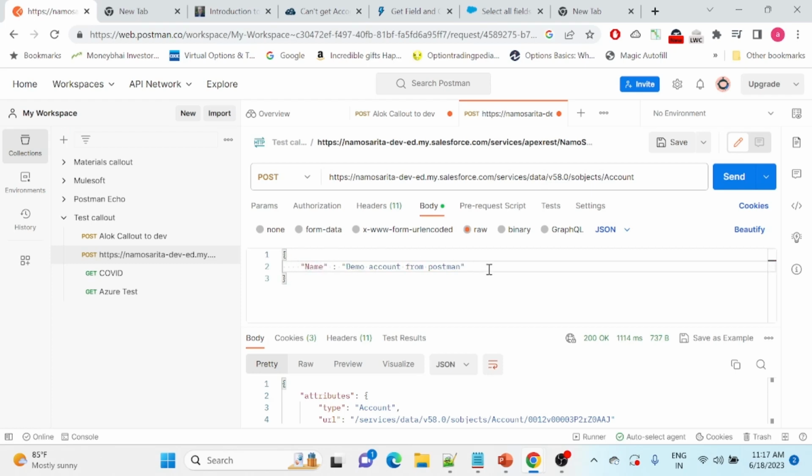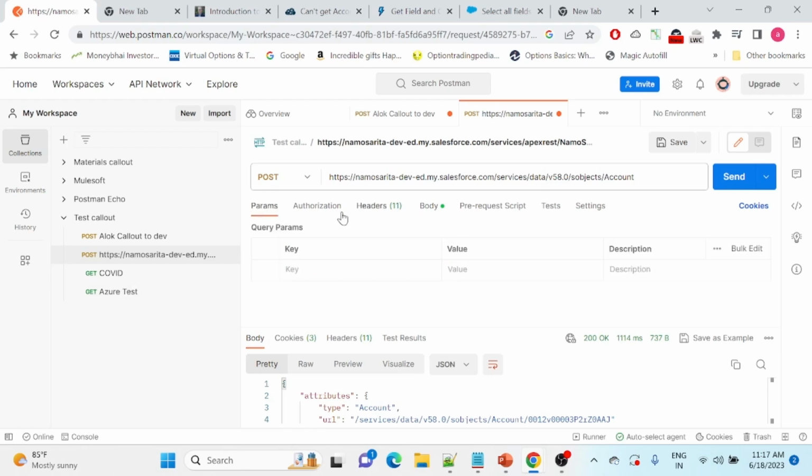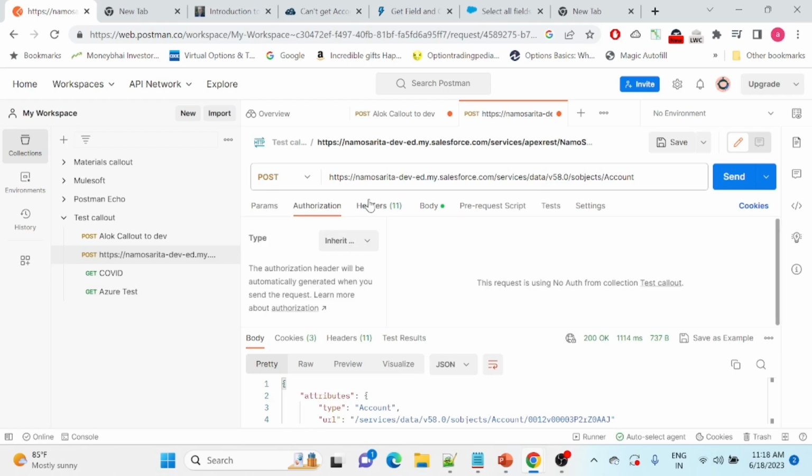So what I am doing here is passing in a name attribute with a value in it. In my case, only name is required. In your case, if you want, you can put a comma and also provide other information as well. Your first key will be the API name of the field, followed by whatever value you want to give. So let's say I'll give google.com. So this is a raw method,